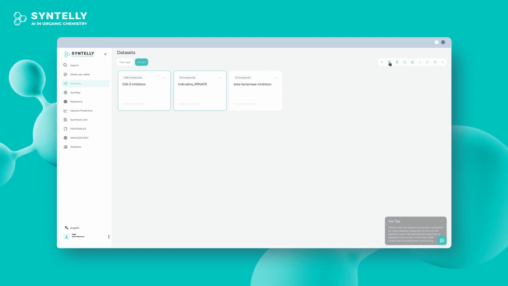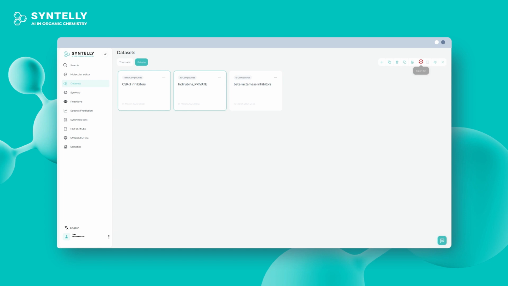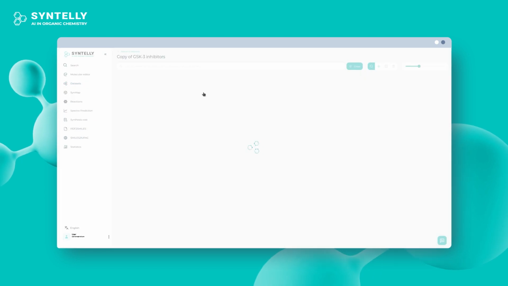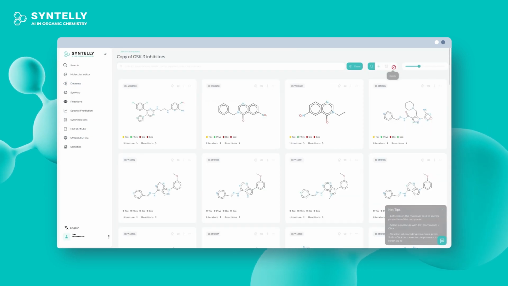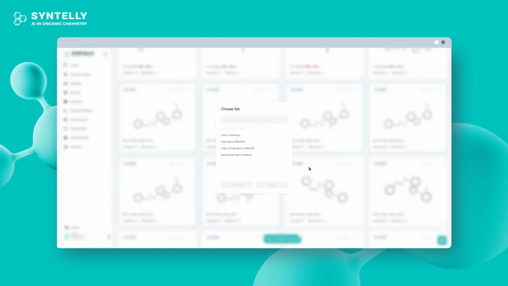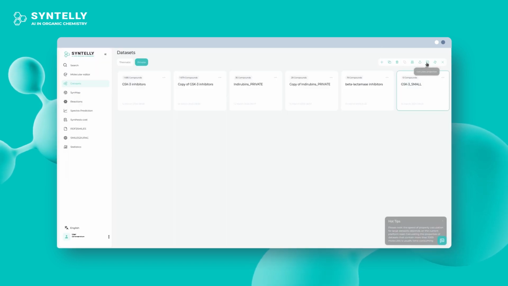Options are provided for copying and deleting one or more datasets, combining several datasets, mapping using the SynMap module, as well as exporting a dataset and calculating a complete set of properties for one dataset using platform models. In any dataset, you can add or remove individual structures manually. By selecting a few structures, they can be cut and saved to a separate dataset. To calculate properties for a dataset, you can use the Calculate Properties button.